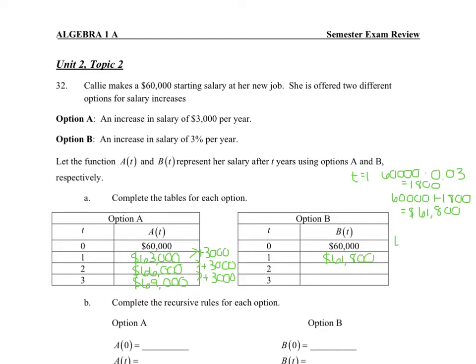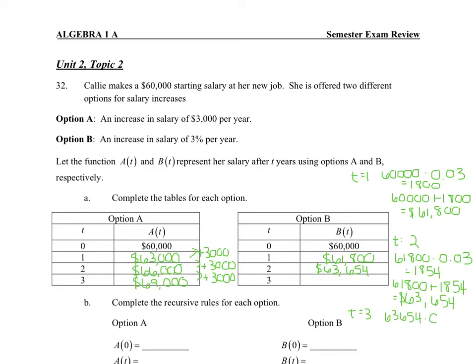All right, when t equals 2, we're taking our amount of $61,800 and multiplying it by 0.03. When we do that, we get $1,854. So we have 61,800 plus 1,854, and what that equals is $63,654. So if you do that again for t equals 3, we have